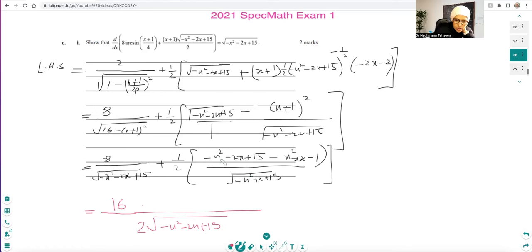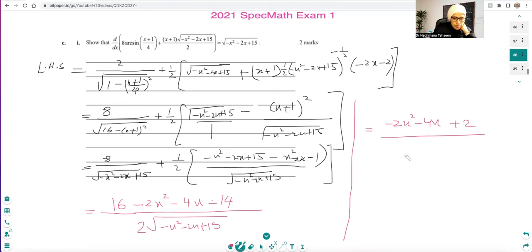So I'm just trying to think, how can I minus 2x squared minus 4x plus, this should be 14 there. So 15 plus minus 14. Okay, so then let's see what we can do. So we go minus 2x squared, it is equal to minus 2x squared minus 4x plus 2 over,